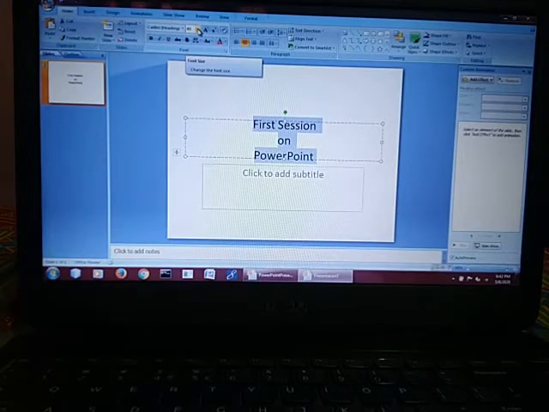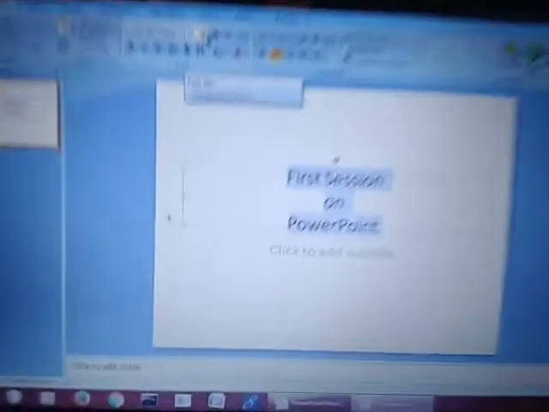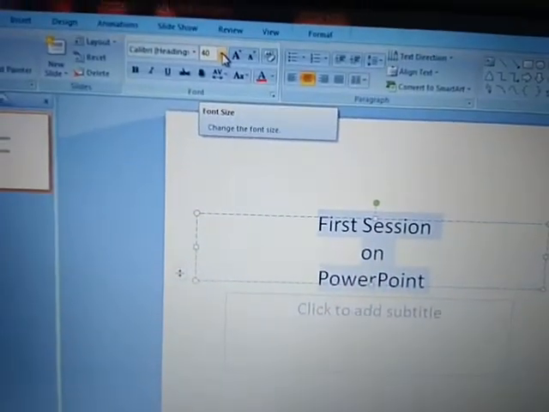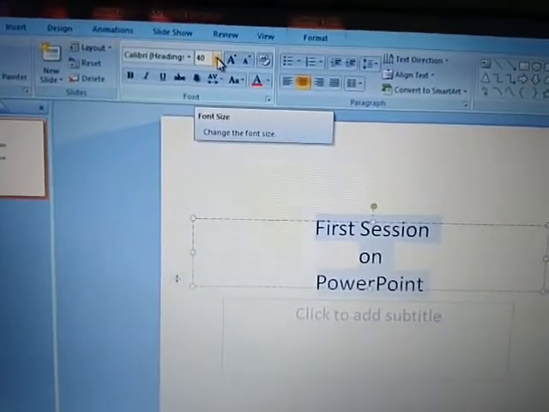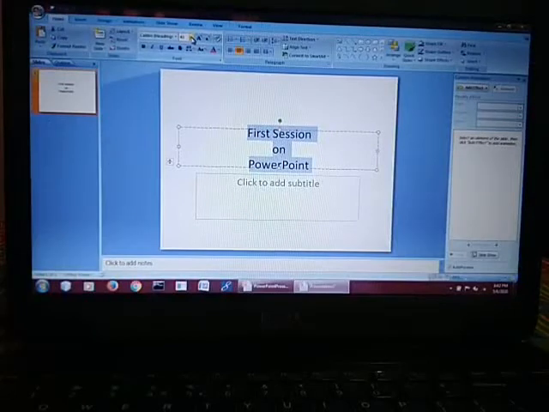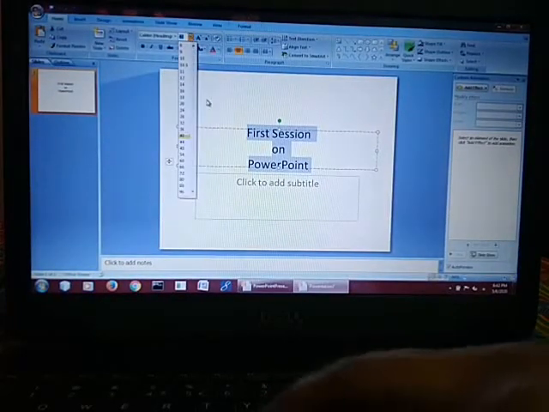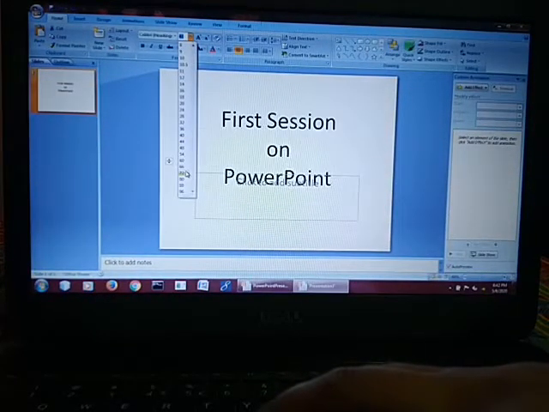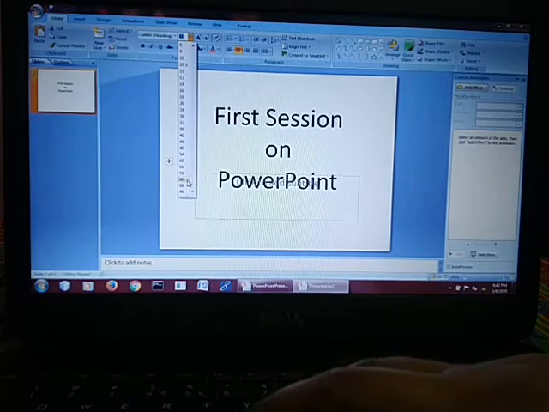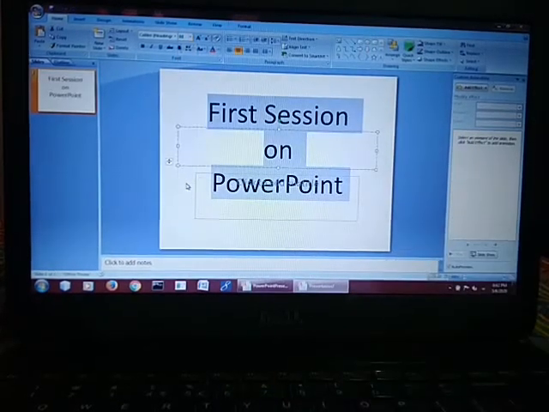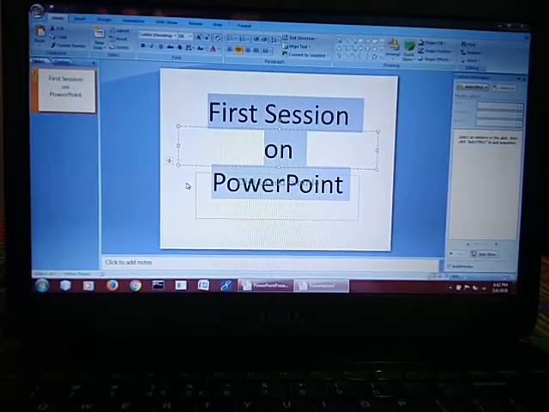Which option will I click? Just see over here. I will click on the size, font size. Clear? So from here you can enlarge the size. I want it at 88. Fine. So what size have I selected? I have selected 88.